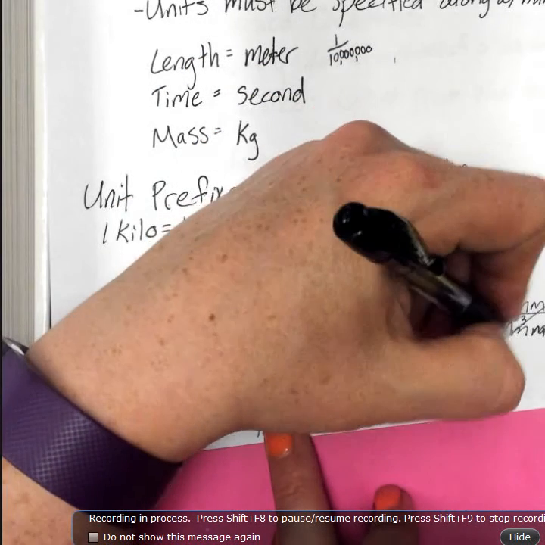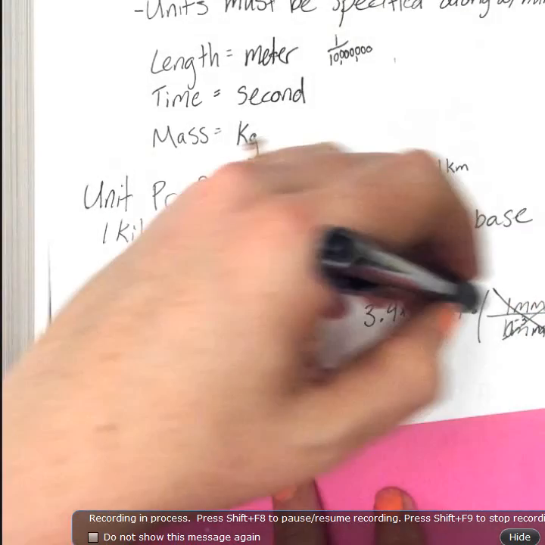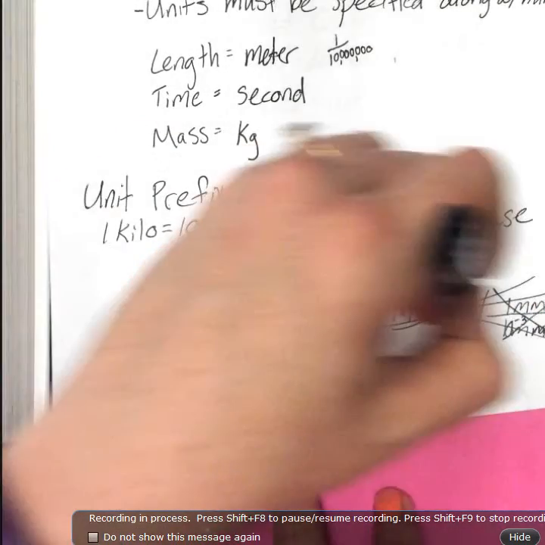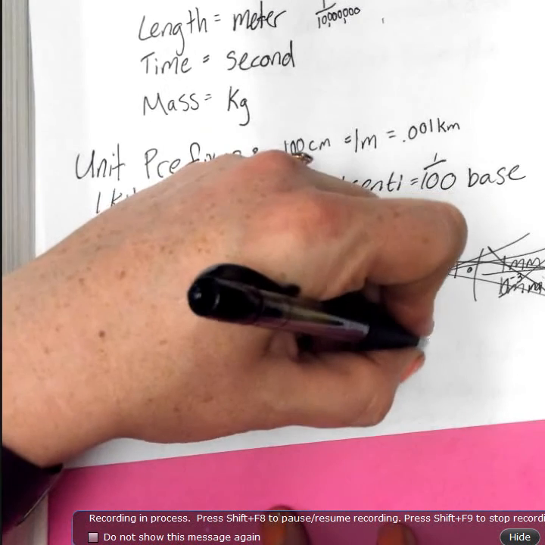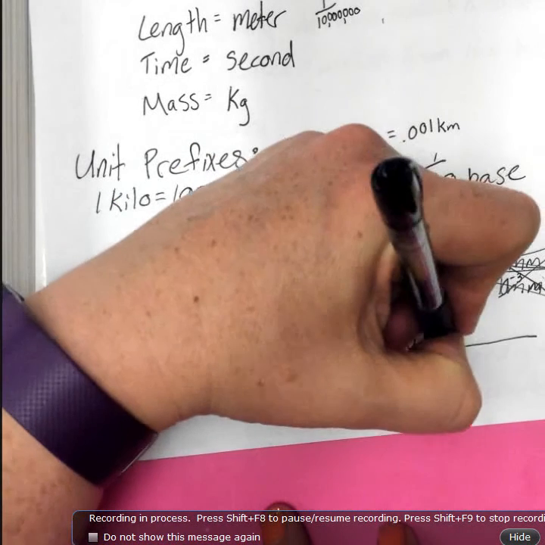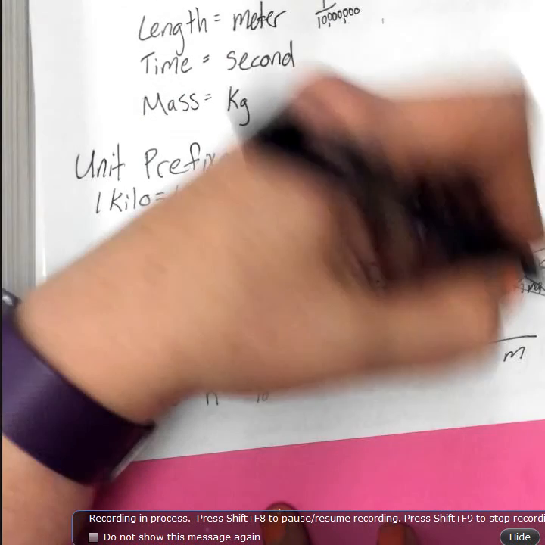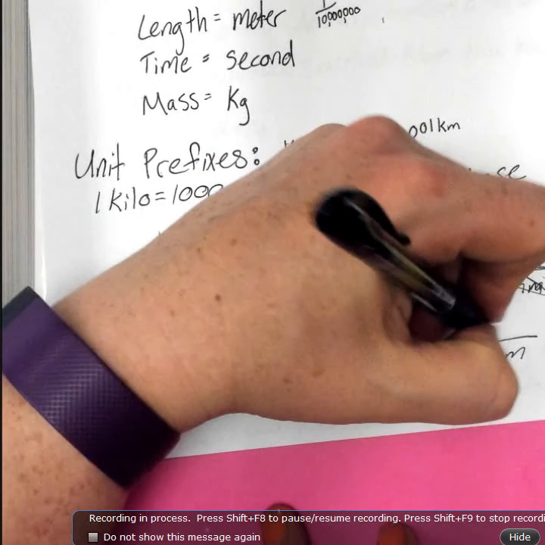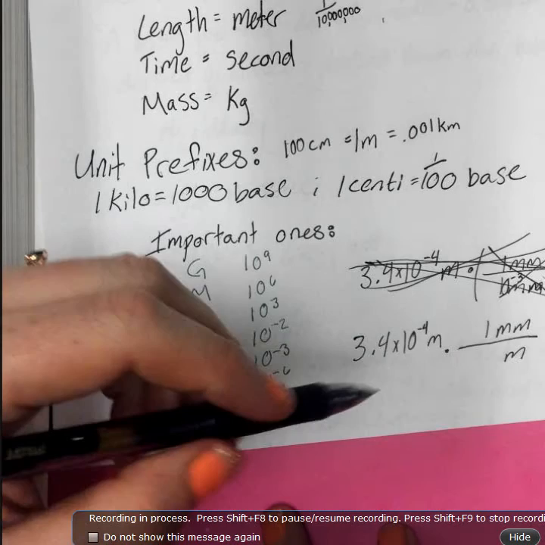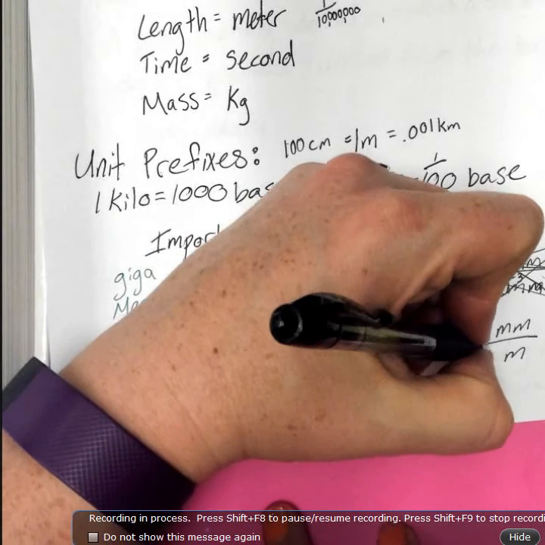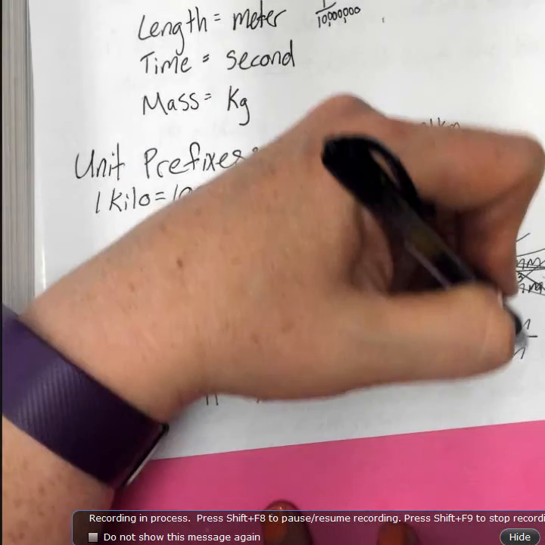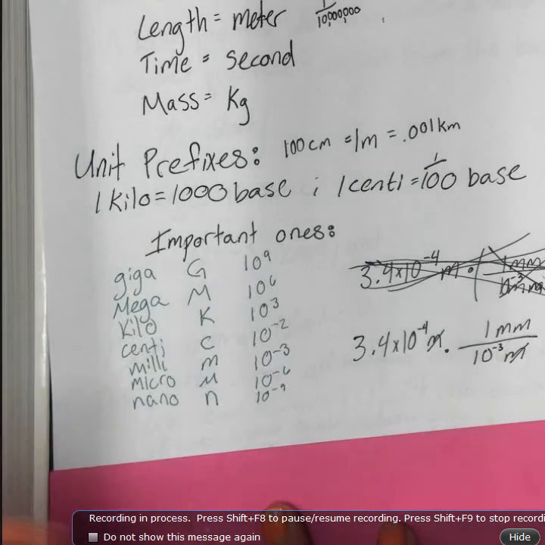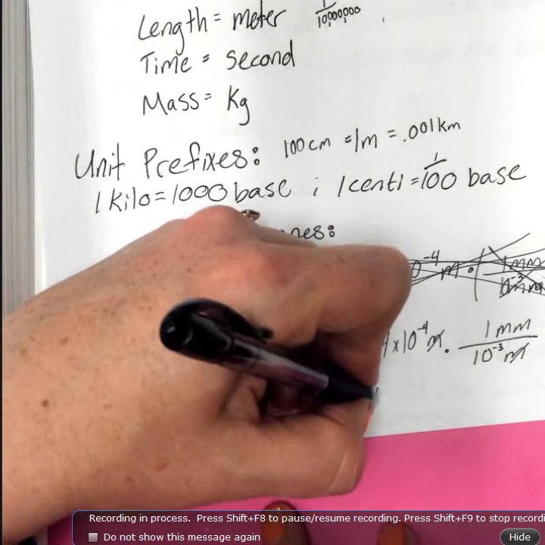Sorry, I'm going to rewrite this for you just because when I get a little messy upside down in my writing, I don't want to confuse you guys. So again, we're going to be changing 3.4 times 10 to the negative 4th meter. In order for us to convert, we have to have a meter on the bottom, and 1 meter is equivalent to 1 millimeter. A meter is actually 10 to the negative third of 1 millimeter. So that means the meters are going to cancel out, and our overall value is 3.4 times 10 to the